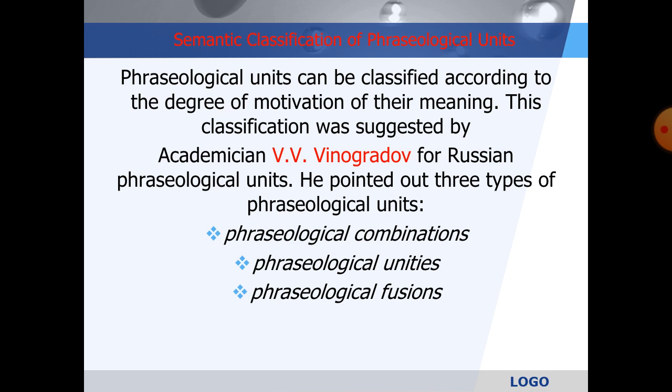So, phraseological combinations are word groups with a partially changed meaning. They may be said to be clearly motivated, that is, the meaning of the unit can be easily deduced from the meaning of its constituents. For example, to have a bite, to be a good hand at something, bitter truth, swan neck, dog's life, to skate on thin ice.